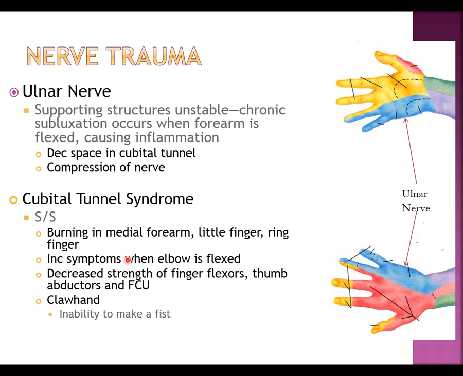Because the elbow does have the median nerve, the ulnar nerve, and the radial nerve, all those nerves are susceptible to problems. The ulnar nerve, remember your anatomy here, is going to sit on top of the ulnar collateral ligament and then is going to be covered up by the flexor tendons. So because of where they're at, the ulnar nerve itself might not be a problem,